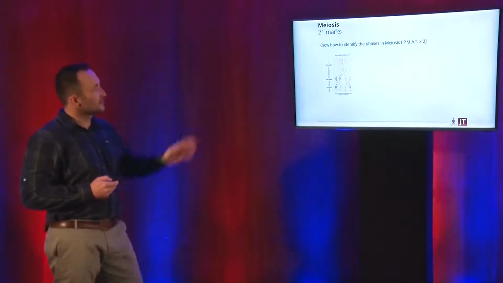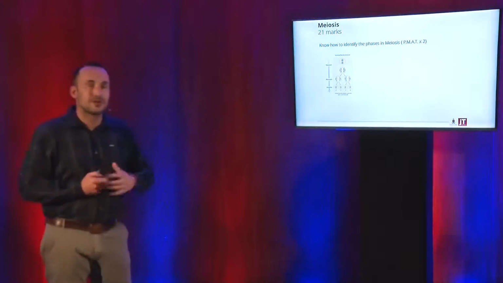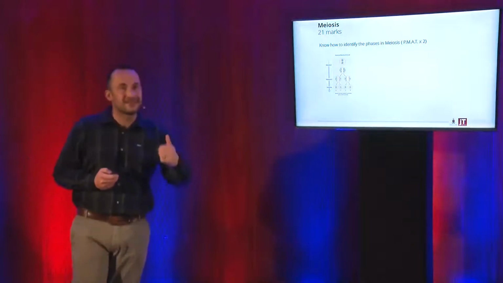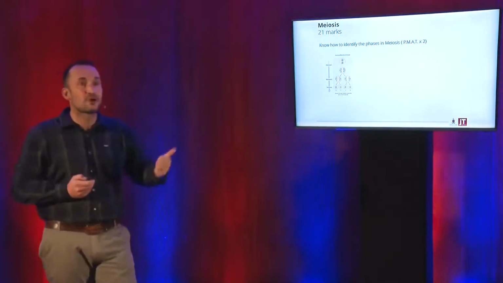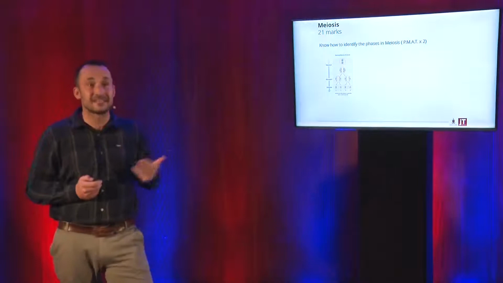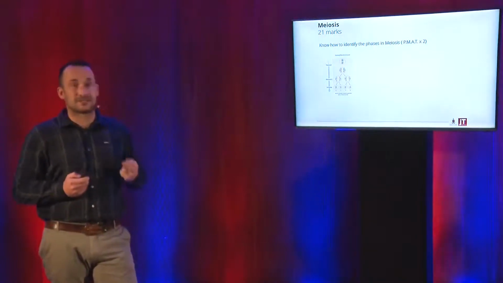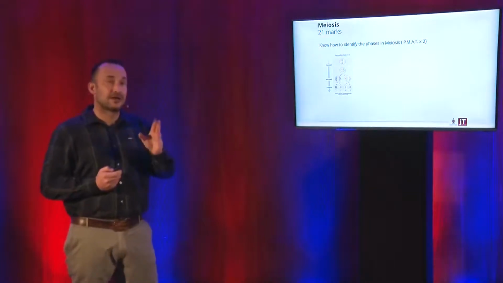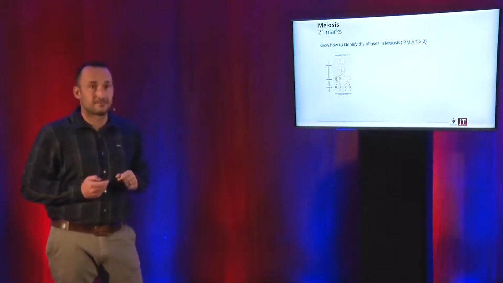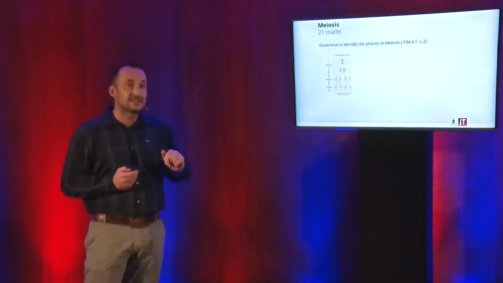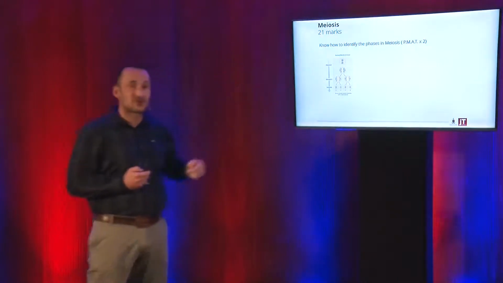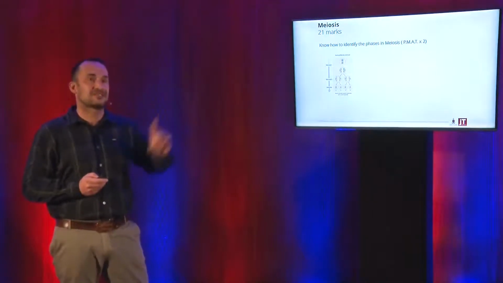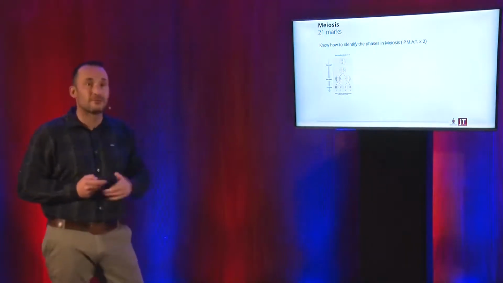Phases of meiosis. I know this is very, very small on the screen, but we're not going to focus too much on this image over here. But we are going to be looking at the phases of meiosis in terms of prophase, metaphase, anaphase, and telophase twice. Because meiosis actually undergoes division twice. Knowing each of these phases in meiosis 1 and meiosis 2 and the significance of each of these phases is going to give you success at the end of the day in those 21 marks that you're looking for in